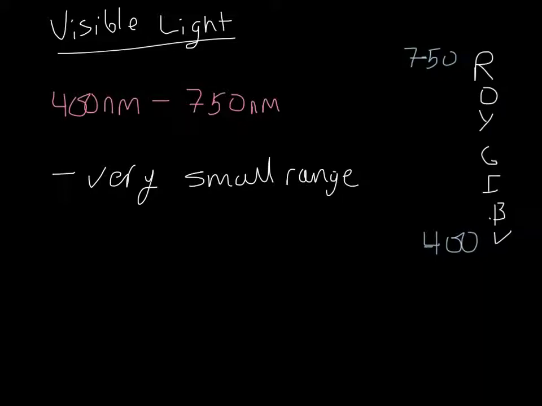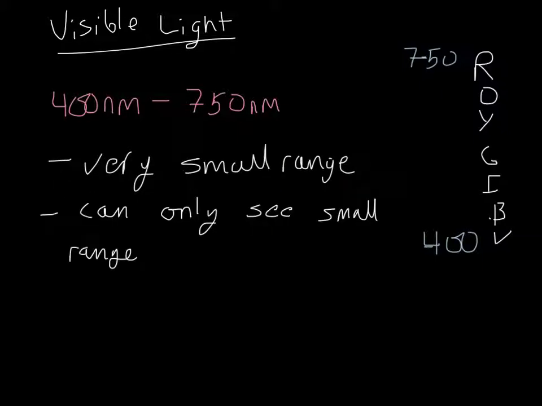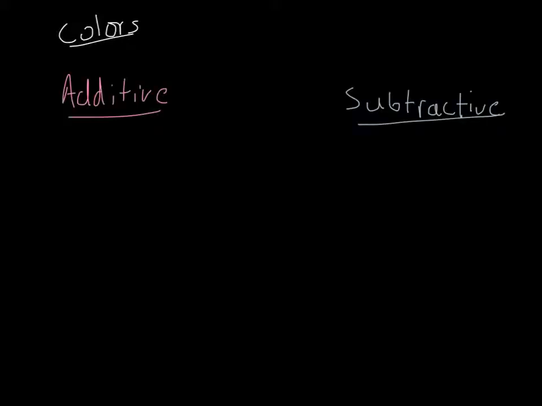This means that we can only see a very small amount of light. However, there's still lots of cool things that light can do. Light brings forth a lot of different, very beautiful colors. Okay, just look at the rainbow outside of a rainstorm. There's all those beautiful colors, and they combine together. However, they are divided into two categories: additive and subtractive. For additive, you need to think about TVs. You need to think about your iPhone screen or your iPod screen. Okay? These all rely on additive color combinations.